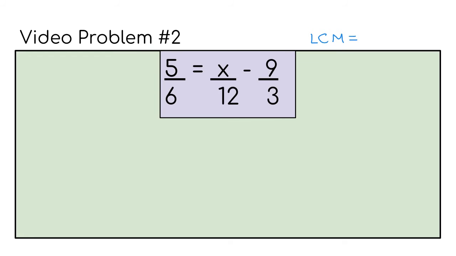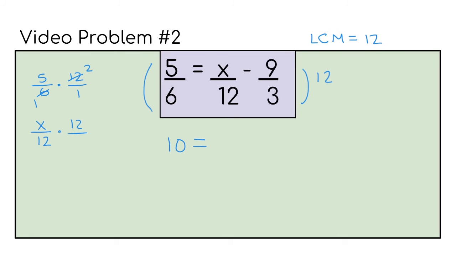Okay, so you should have gotten 12 as your least common multiple. 6, 12, and 3 all go into 12, and it's the smallest number that is common between all of them. So we're going to multiply everything here by 12. If we multiply 5 over 6 by 12 over 1, we can cross simplify by dividing by 6 to get 1 and 2, and we'll get 10. So this here will be 10 equals, if we do the same thing for x over 12